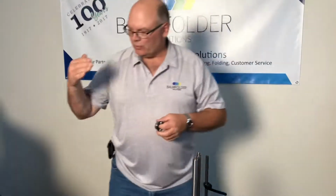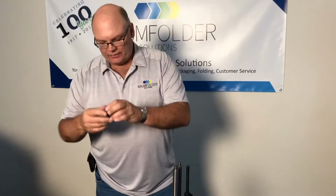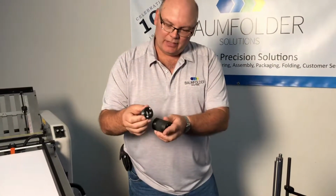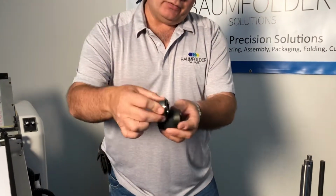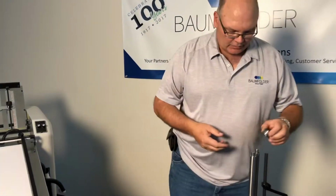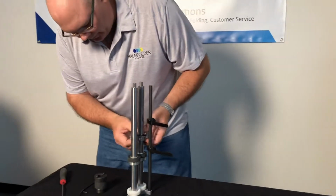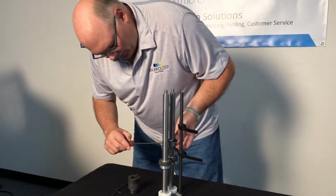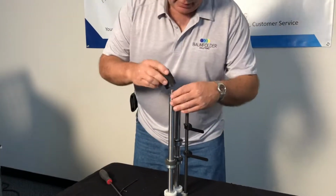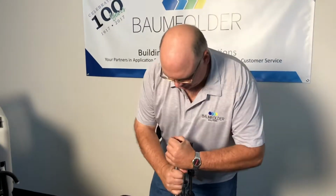Depending upon if you want to score into the fold or out of the fold is where you place this. This is the scoring blade assembly that we've just put together that we talked about. This will be actually running into this rubber tire, and that's what will create the score. So I'm actually just going to put the scoring blade on the upper shafts. Just kind of guesstimate where the score is going to go. Put the pull-out or the rubber scoring wheel on the bottom shaft,